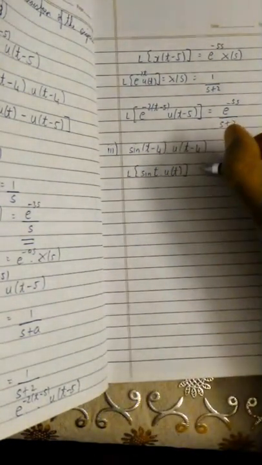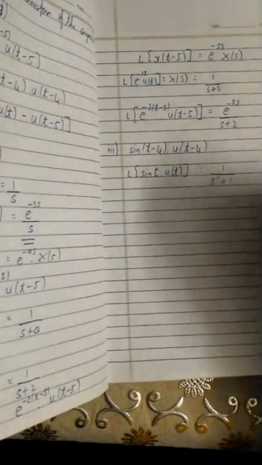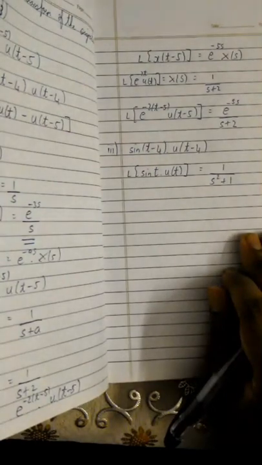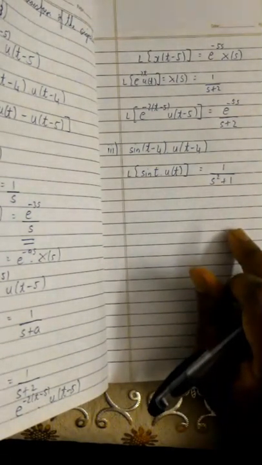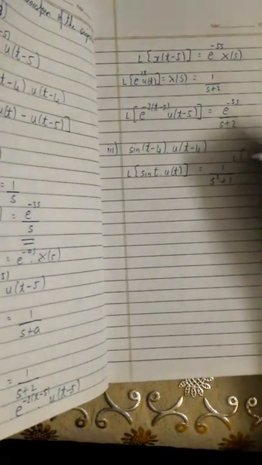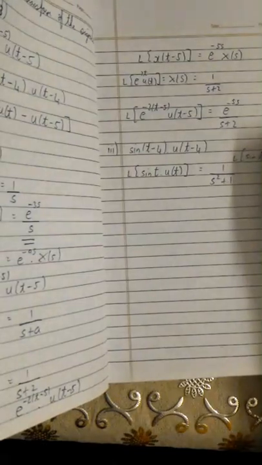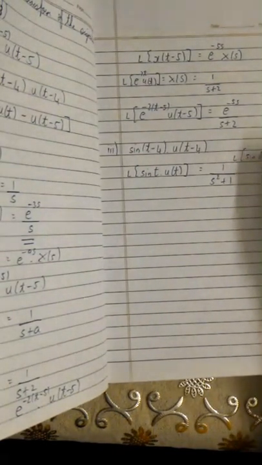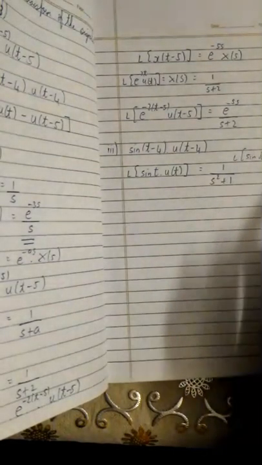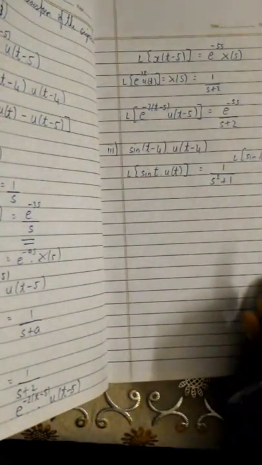This is nothing but 1 by s square plus 1, right? Yes, because ohm 0 is equal to 1. Laplace transform of sine ohm 0 t, this is the equation you have all studied. This is nothing but ohm 0 by s square plus ohm 0 square. So here ohm 0 is equal to 1, so 1 by s square plus 1. Okay. So now